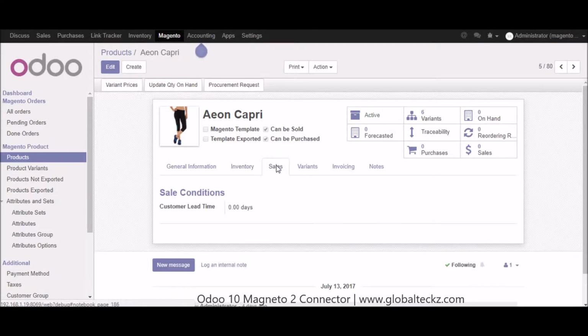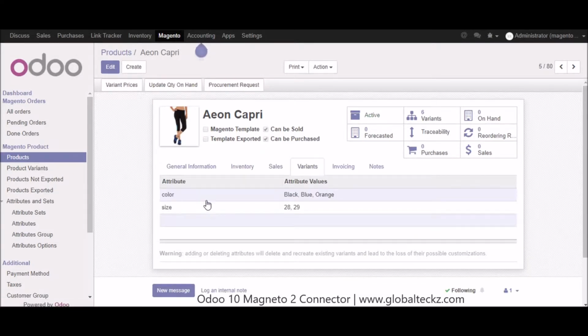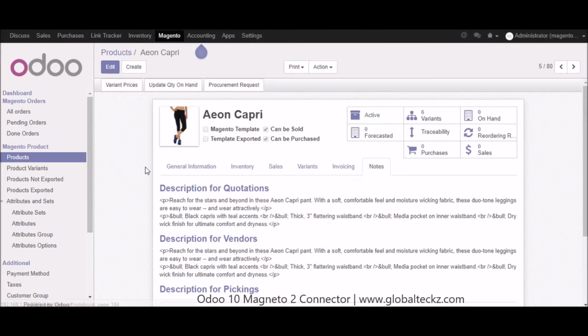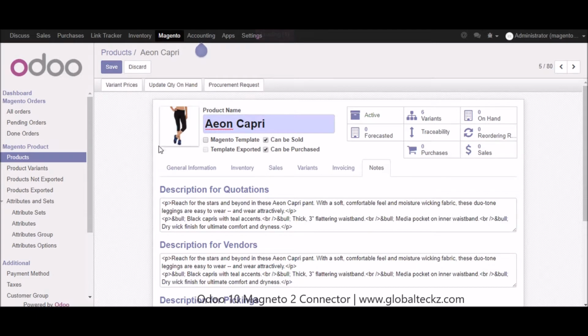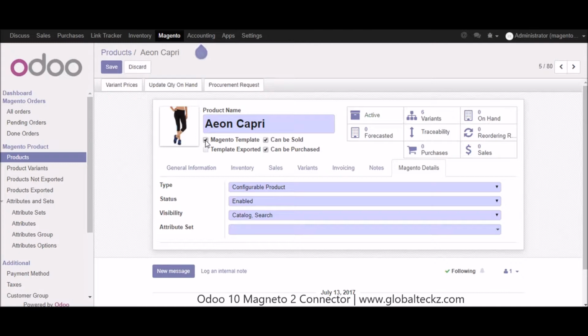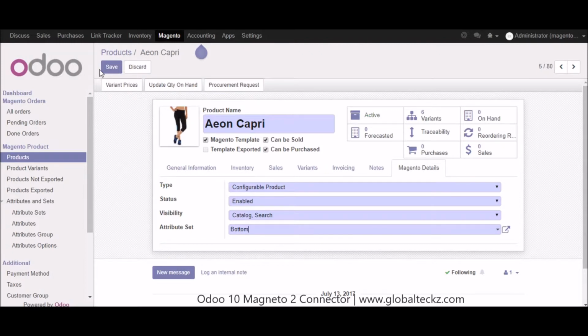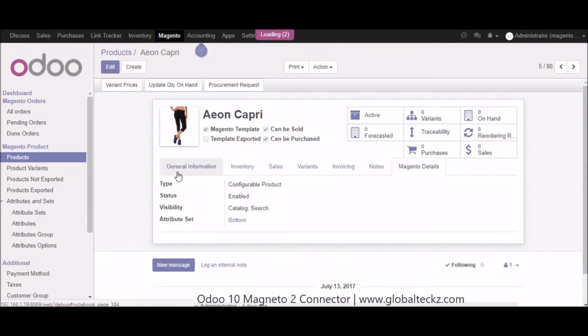Then we have the sales part, then variants, where you can see both the variants for this particular product, then invoicing and the notes. So you can also click on the Magento template button after editing to check the Magento details. So once you checkbox that, you can see that you will get Magento details, like you can see the type of the product, then status of the product, whether enable or disable, the visibility of the product, and you can also select the attribute sets from here. After adding all these, you can just click on save button,